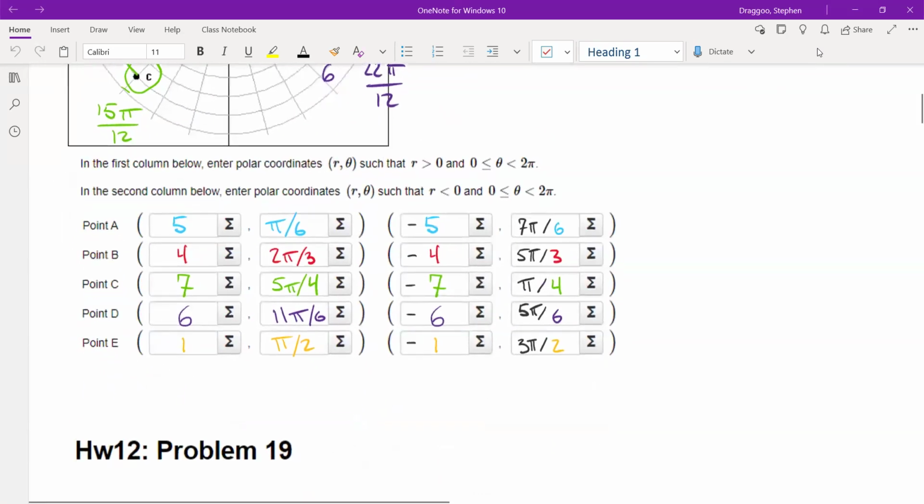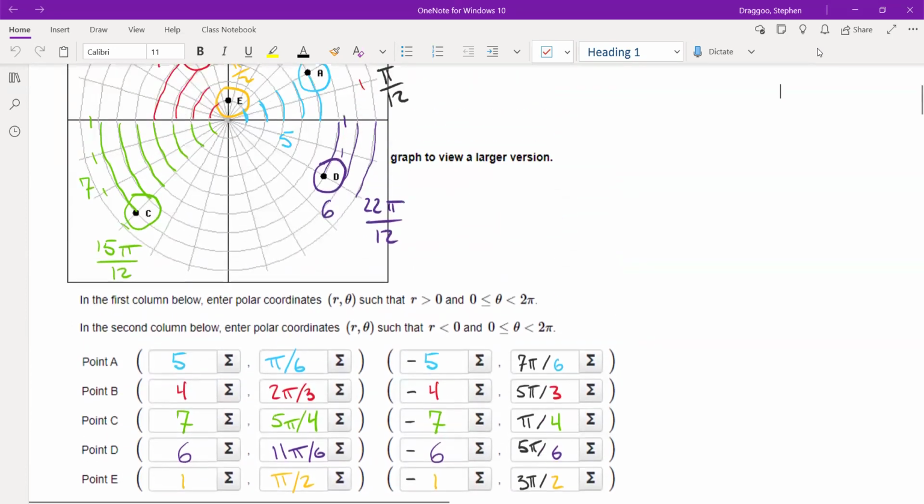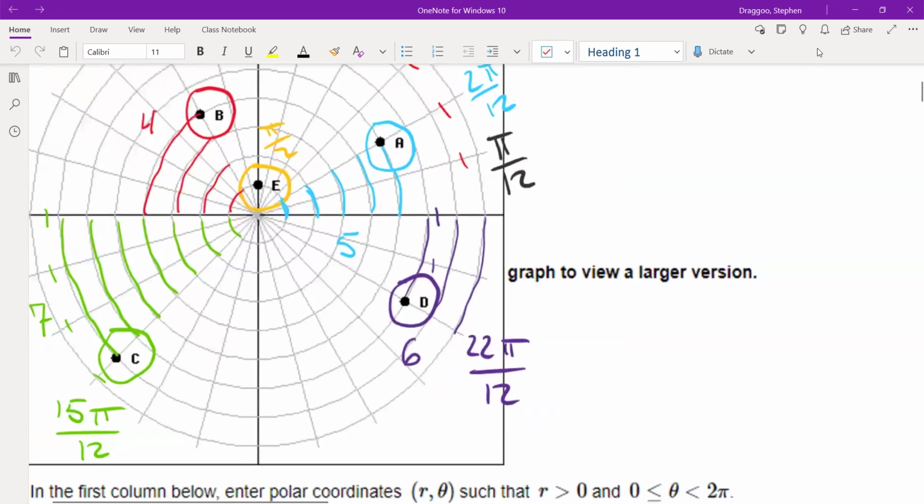Then there's a whole bunch of stuff with negative angles. Probably I'll get more into that when we actually look at the practice final. But effectively, a negative R value, an R value that is negative, means I'm going to be going backwards through the origin instead of forwards. So if I come back up and look at these points one more time,